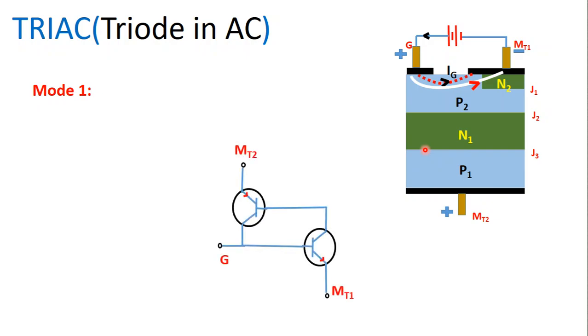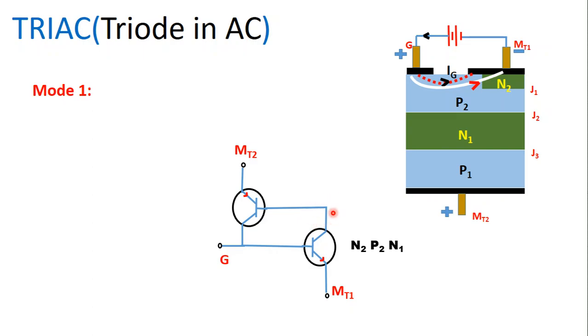Now let us see mode 1 operation with the help of this two transistor analogy diagram. So when gate is made positive with respect to MT1, we can see here in this diagram, because of this gate drive, this transistor gets turned on because it gets base drive. So because of this gate signal applied, this transistor, that is N2 P2 N1, will get base drive and it gets turned on, and because of this collector current flows in the collector of this transistor, and